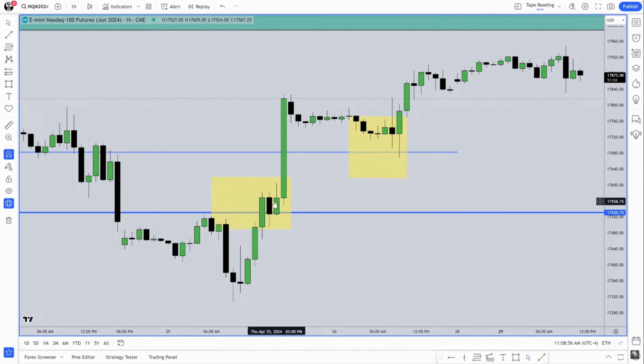I'm already anticipating. I'm on record doing it. I'm on record calling an inversion fair value gap before they even form. I'm on record expecting an immediate rebalance before they even form. Go back and listen to the Twitter spaces where I'm calling it. Look at the tweets. I don't delete one tweet. Not one tweet has ever been deleted by me.